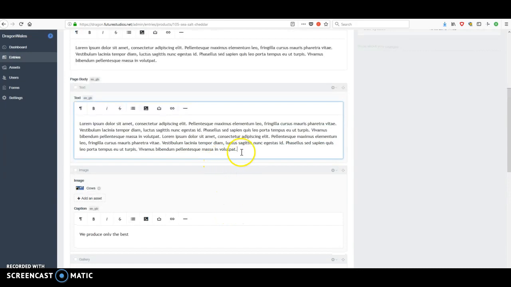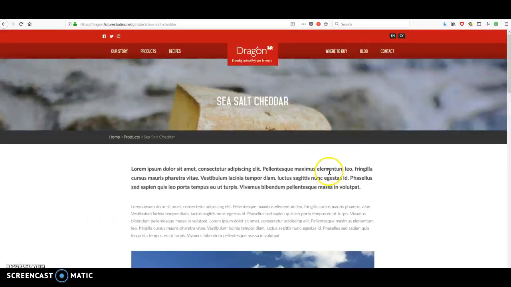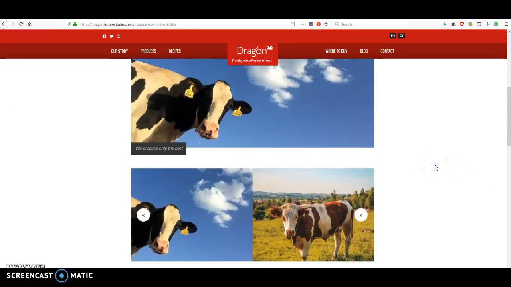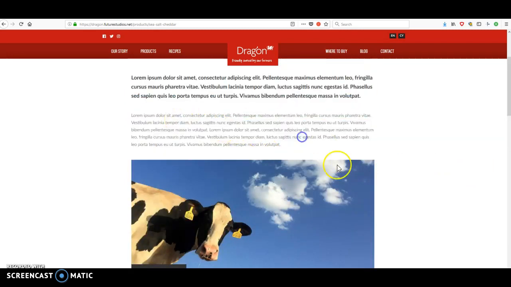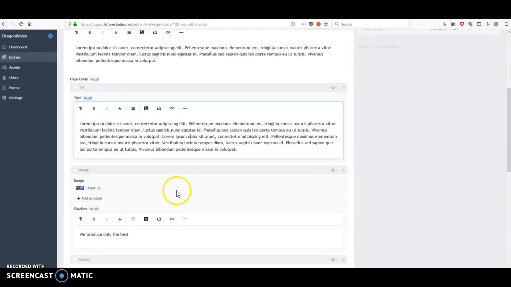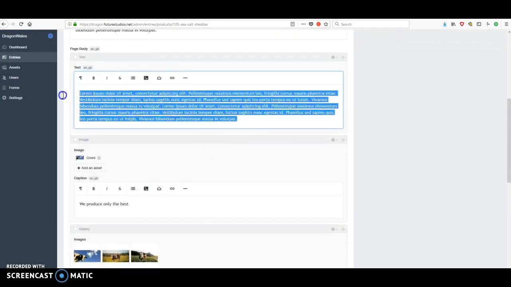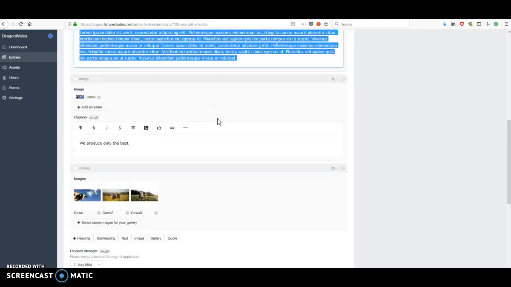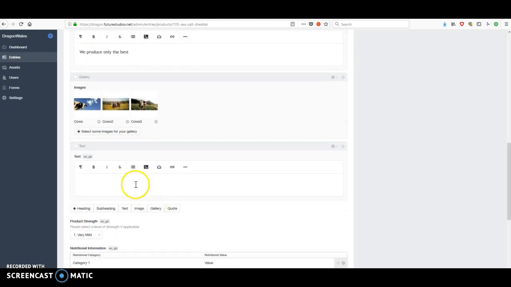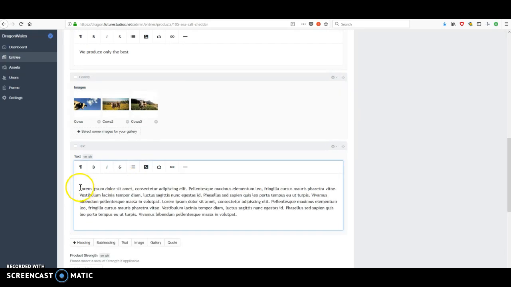Say, for example, you have a bit of text here, and then you've got an image below it, which is what we have. We've got the text here and the image here. Say you wanted to put another bit of text in between these two. How you would do that is, first let's grab that content for a start. And the field that we want here is text. If we put that, it will add in another row, if you like. So if we pop that information in there,